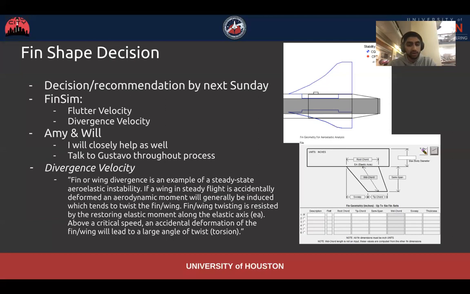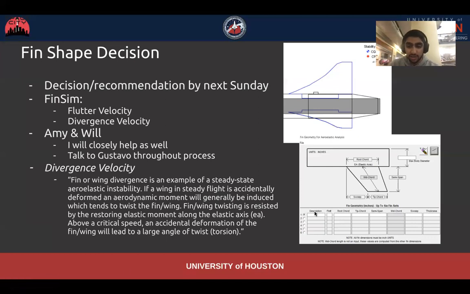It's kind of like how OpenRocket's documentation is, it tells you everything about what the program does and how it calculates everything they offer. But divergence velocity, by their definition: fin or wing divergence is an example of a steady state aeroelastic instability. If a wing in steady flight is accidentally deformed, an aerodynamic moment will generally be induced, which tends to then twist the fin or the wing. It's resisted by the restoring elastic moment, which is along the elastic axis,